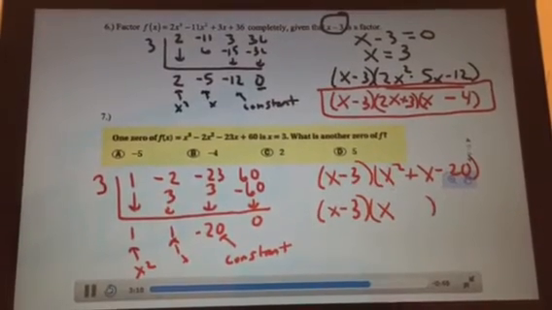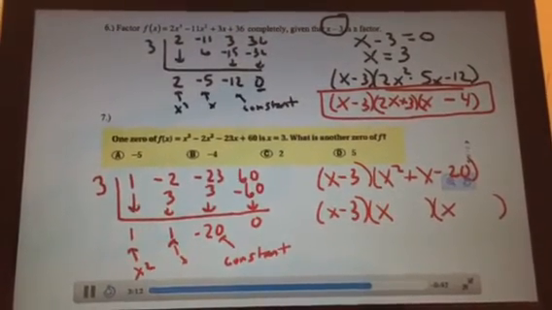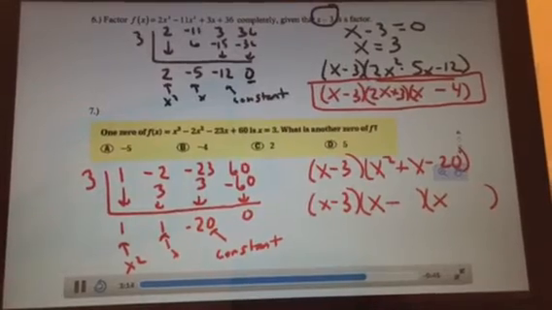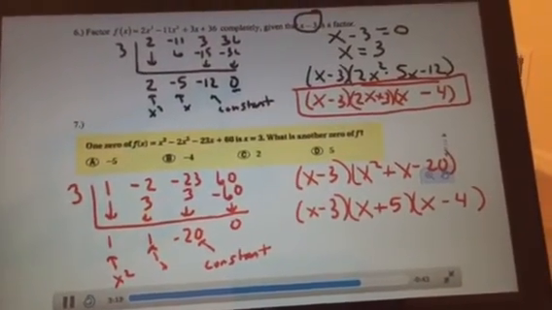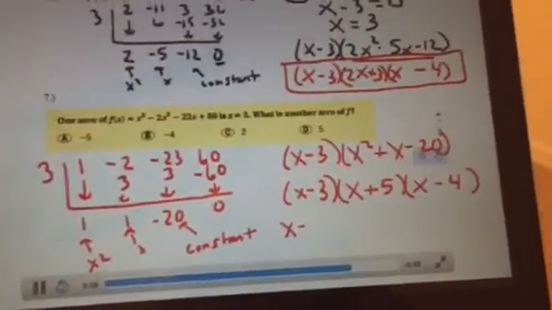So I know it's going to be x times x to get x squared. I got to multiply to negative 20, but add to positive 1. So I want positive 5, negative 4. There's my complete factorization. If I set them each equal to 0,